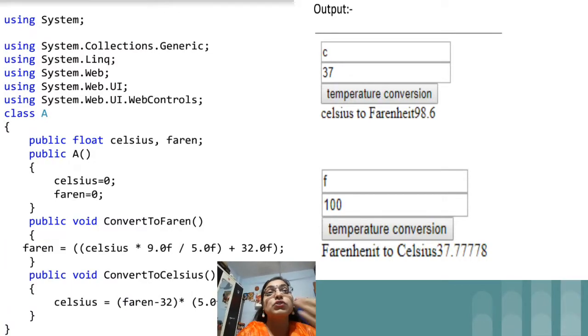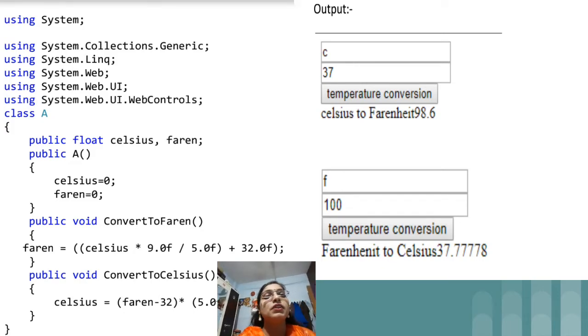So this is our actual programming part. You should know the formula. I actually forgot to add it in this slide, but you can get it from the internet, that is the calculation of Celsius to Fahrenheit and Fahrenheit to Celsius, and we already did this in first year in C programming. We had this question, conversion of Celsius to Fahrenheit and Fahrenheit to Celsius. So what logic have I written? I have created one class A. Now we need only two variables, one is Celsius, second one is Fahrenheit. So instead of writing this big name, I have just written Fahrenheit. In class A's constructor I have initialized the value of both the variables to 0.